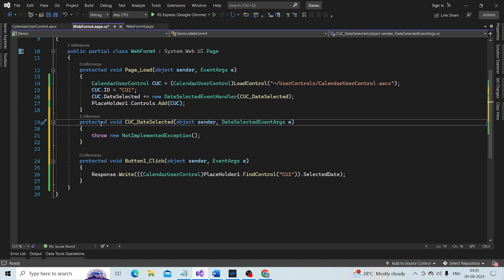And let's say whenever a date is selected, I want to print that date out.